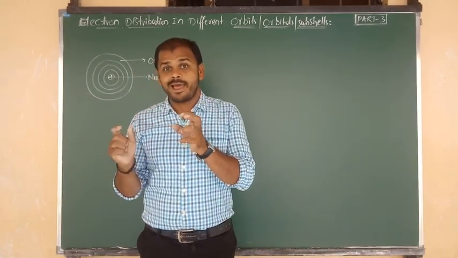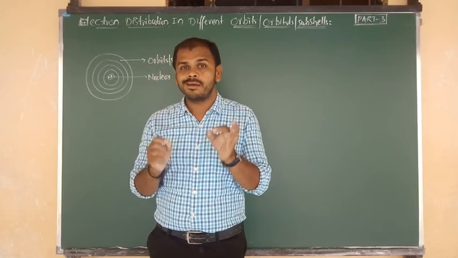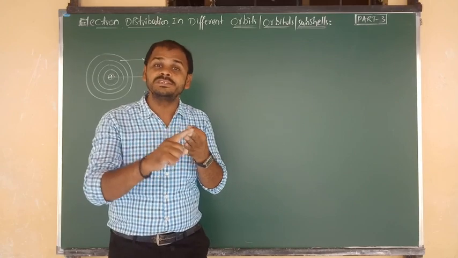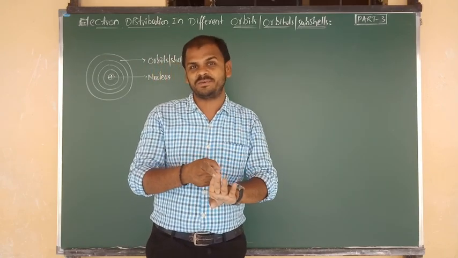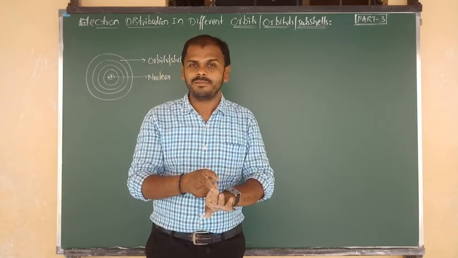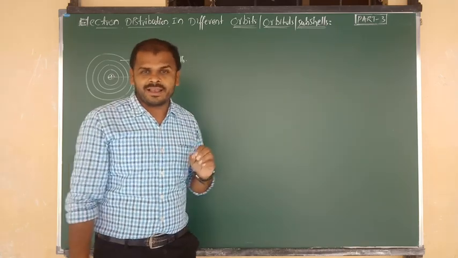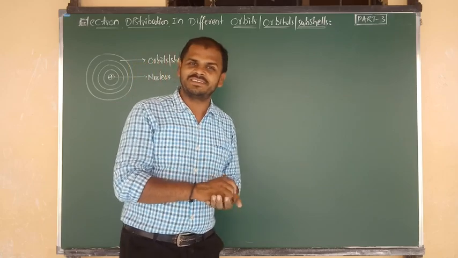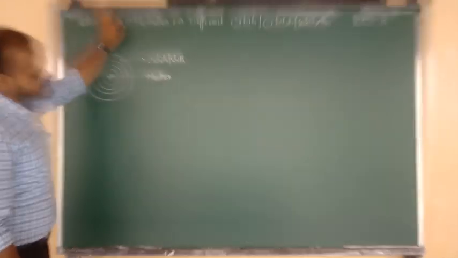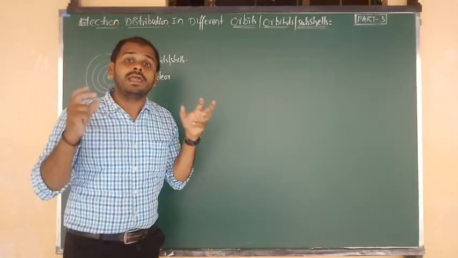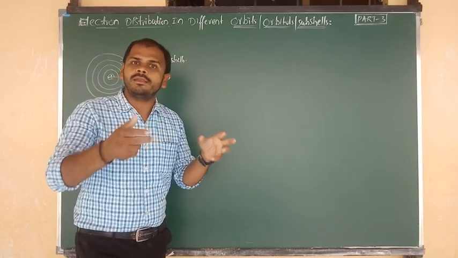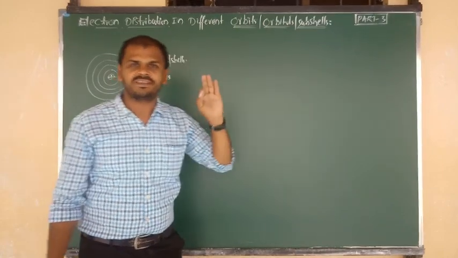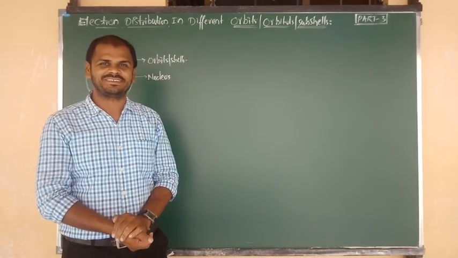So in the previous class we discussed atomic species like isotopes, isobars, isotones and isoelectronic species. Okay, right? And in this class I am going to show you another very important topic, that is nothing but the electron distribution. So how the electrons are distributed in orbits and orbitals and subshells, very important.